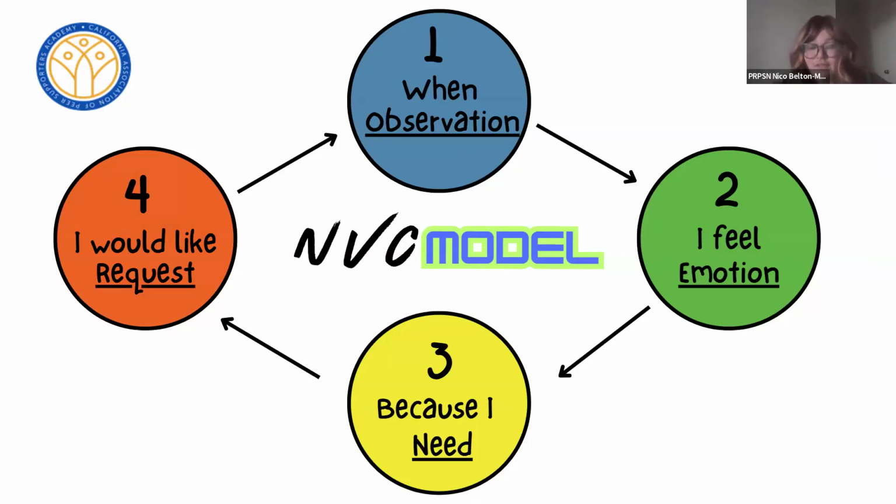So for the first part, you have an observation. For instance, the thing that's upsetting you or the thing that is the conflict would be the observation. And then you identify your emotion, again using the feelings list, being able to identify how you're feeling about a situation. Then we get into the needs. You identify what your needs are in that moment. And then you come up with a request, which essentially is a solution that you feel comfortable with to help you feel better in the situation.